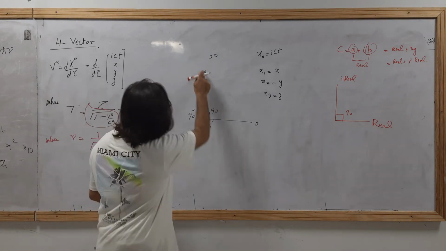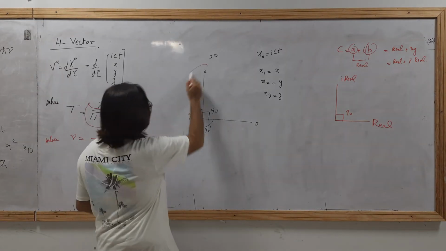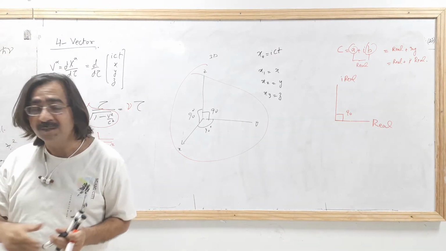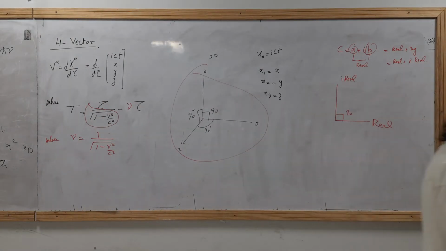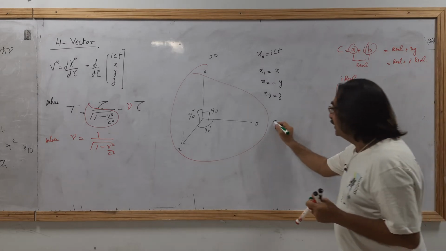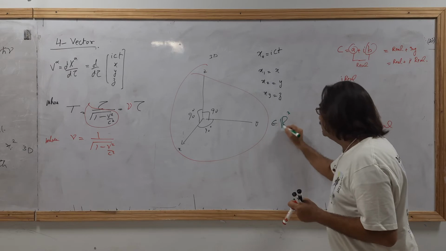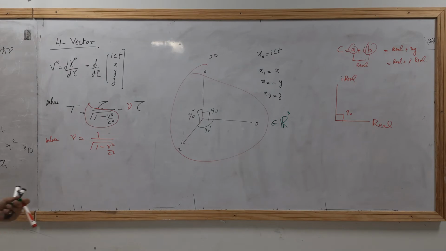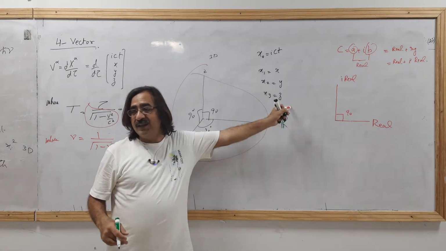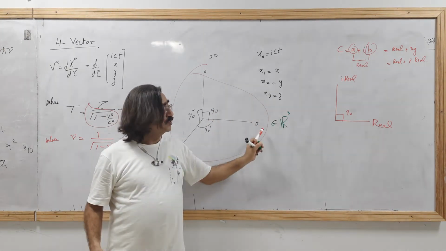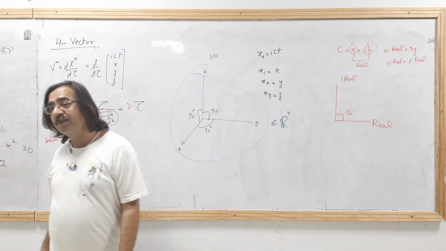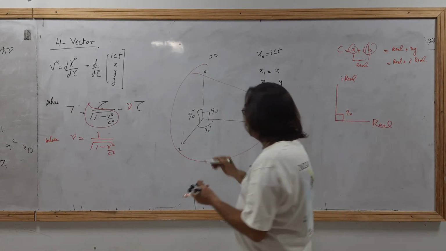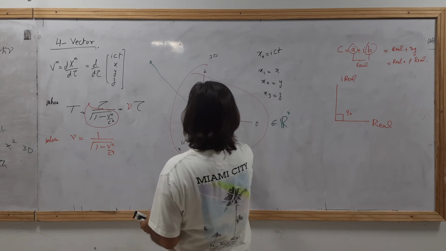Now here x, y and z are 3D, but all x, y, z are real. This is an element of R3, 3 dimensions. In linear algebra, you don't study it well, I won't say that the teaching is the issue, but you don't look at it carefully. It applies to however many dimensions R3 has. So this is an element of R3, these are real numbers. So the imaginary will always make what angle over the real? Angle 90. So the fourth part is an imaginary number. Okay, that is making an angle 90 with all these three.